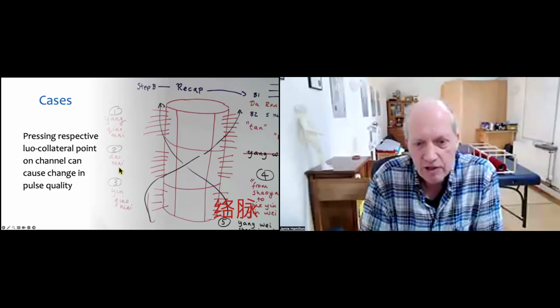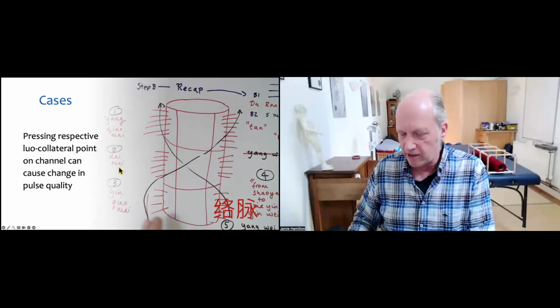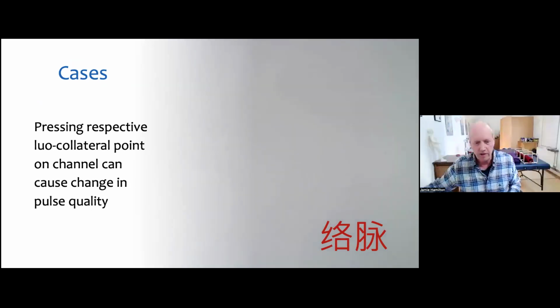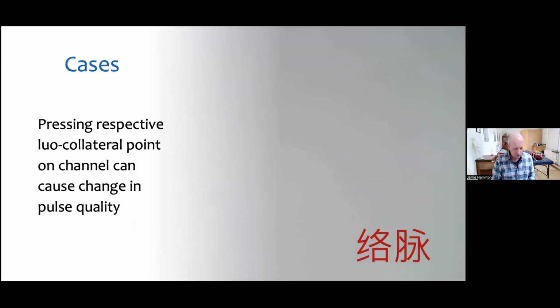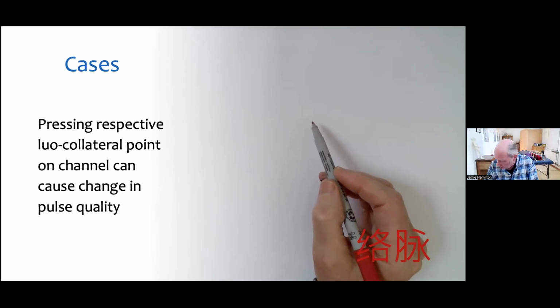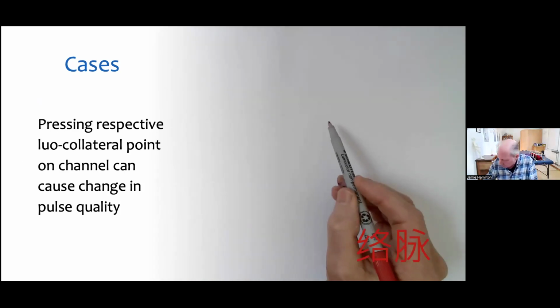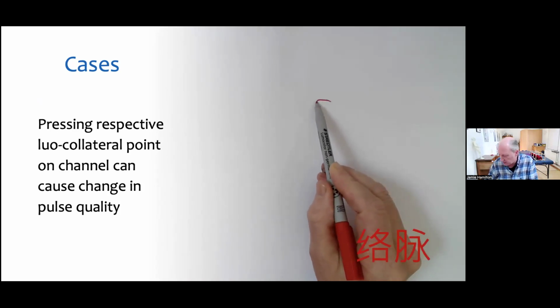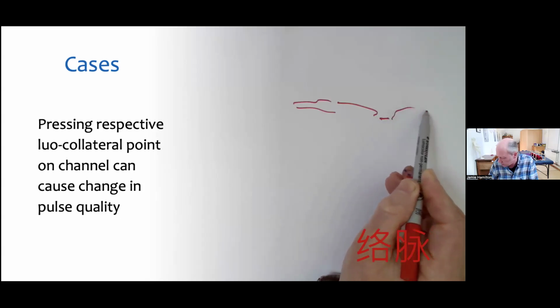So, I will go back into the slideshow and describe that. When you are treating people, you can test to see whether these channels are active, whether this is actually happening. So I'm just going to draw a picture of what this would look like in practice. Let's say I've got the person lying down on the couch. The person's in red.